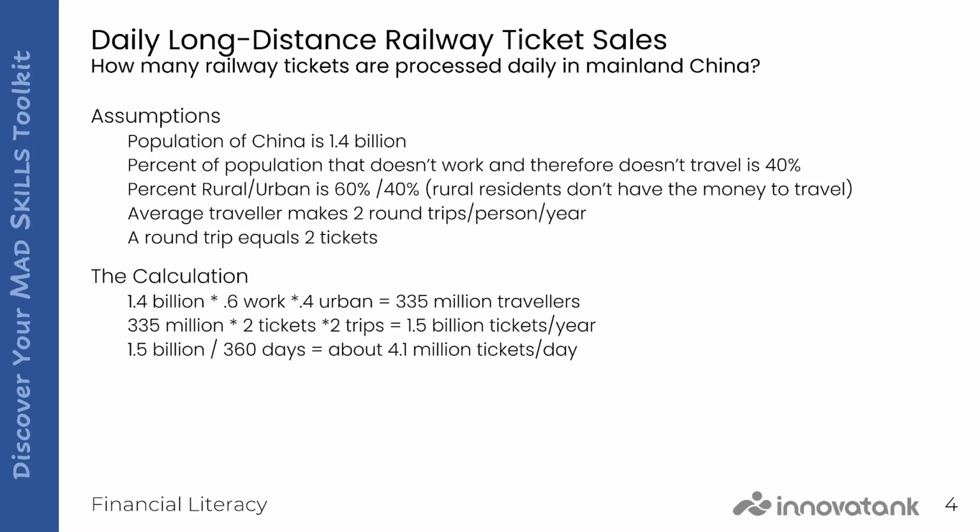We can then throw those into numbers, and you'll notice here I've rounded the numbers off so that it makes the calculations relatively easy, and gets us to 4.1 million tickets a day as our estimate of the number of tickets sold on a daily basis, which is actually really close to the 4 million tickets in 2012 that were actually being sold. The big thing here is it shows the process, so it shows your thinking. And when you're in a case competition, the judges will respect this. If you give them an idea of how we got there, unless the numbers seem really, really out there, the judges are likely to accept this and won't ask a lot of questions. They see your logic, and that's the key piece here.